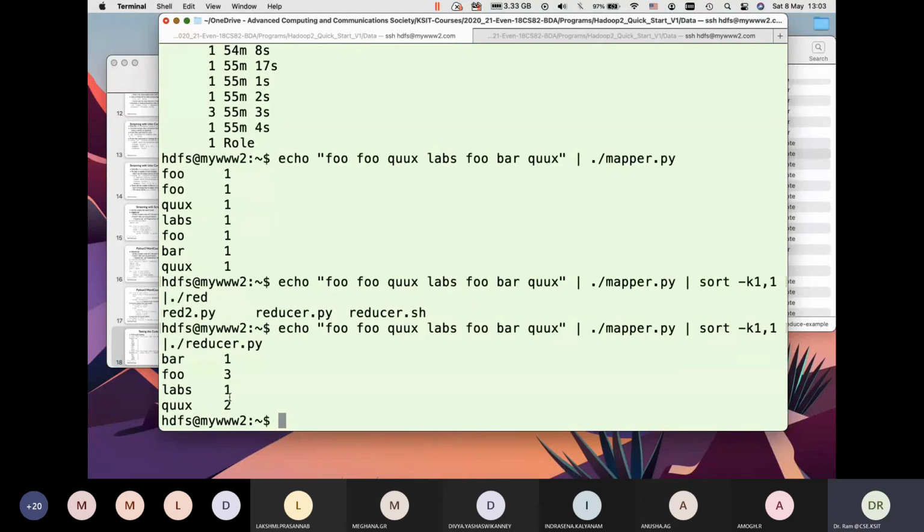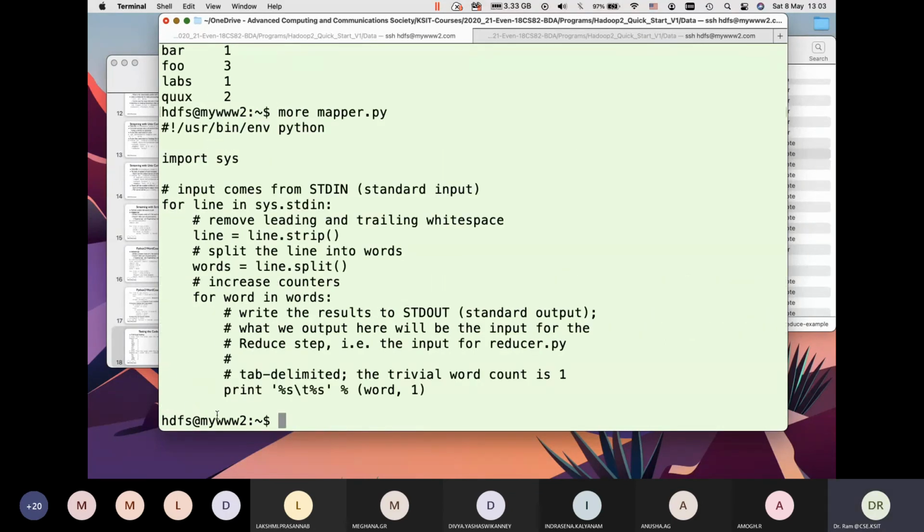All the words come together, and you can look at the code. Same code that we wrote: split, for word in words, output word comma 1.